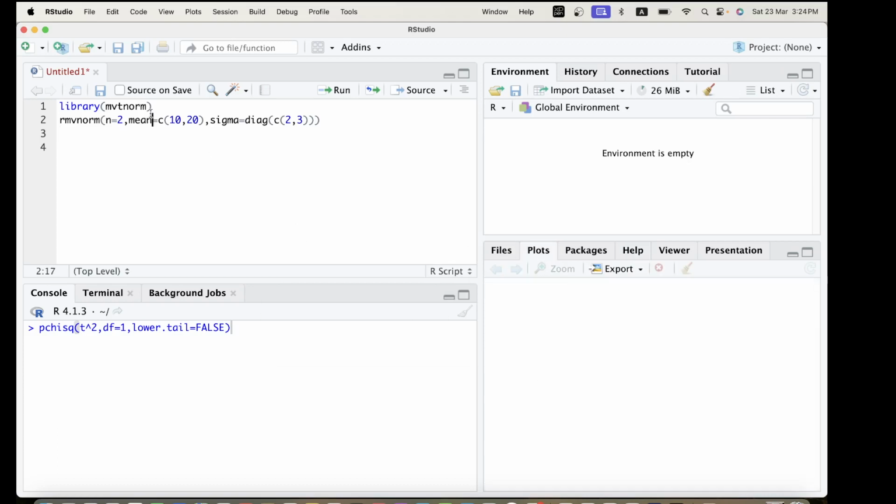In order to do that, we need this package called mvtnorm. We should of course install this package, and then after calling it, let's say we want to generate